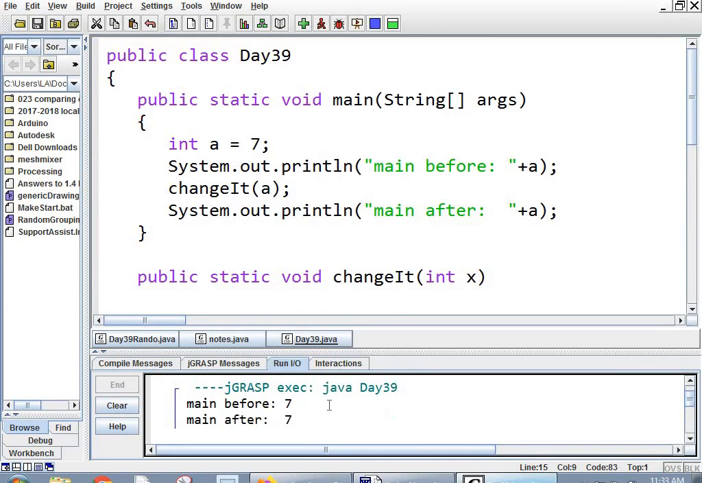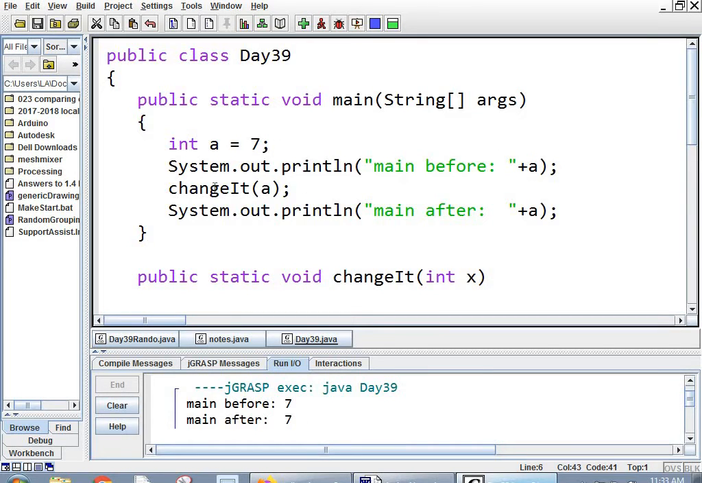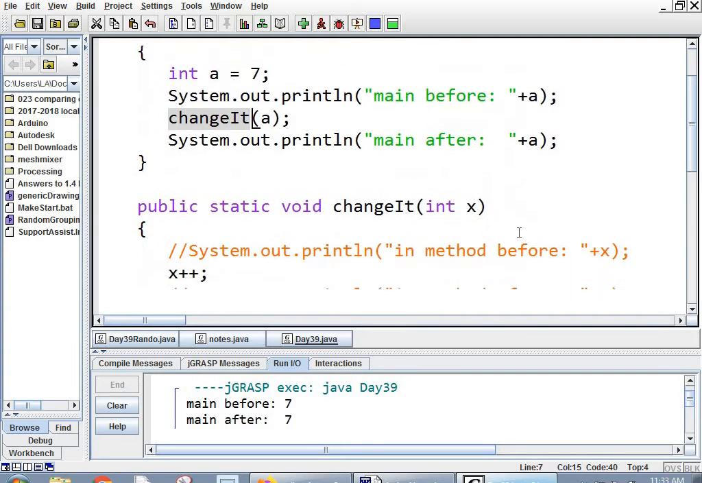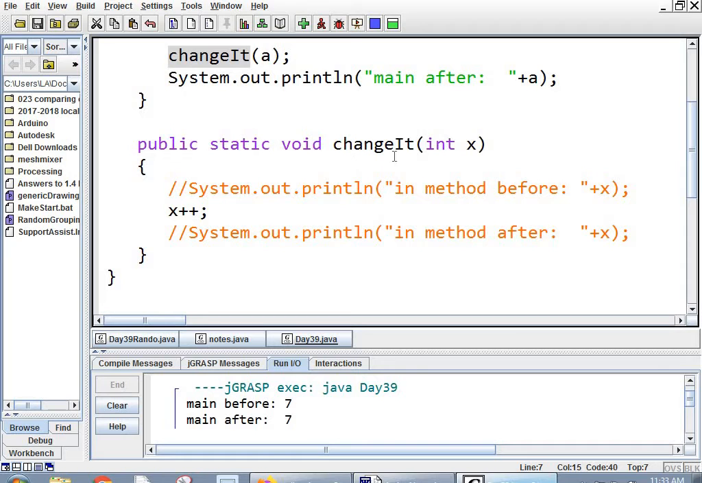A is 7 before and after, right? So here's A is 7. We print it, and we call change it, and then we print it after. It's stayed the same. If we come over here and look at the change it method, change it takes whatever number you send over and adds 1 to it. So you'd be like, well, why isn't it